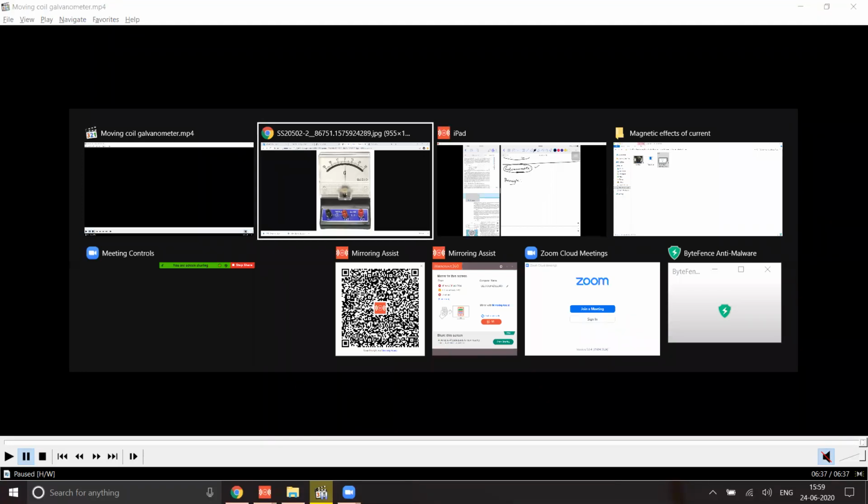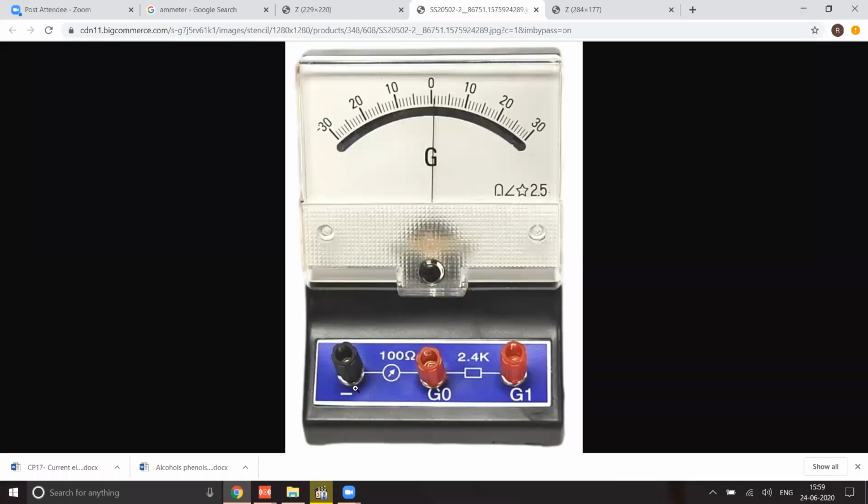So what was the previous concept that we learned? When you place a current carrying loop, not a conductor, within an external magnetic field, it starts experiencing torque. Torque causes what type of motion, rotation or translatory? Obviously, rotational motion. So this pointer is there, no? Once the current flows through the coil which is present inside the galvanometer, the pointer starts deflecting on either of the sides. You're able to understand. So once the current starts flowing, the pointer will start getting deflected.